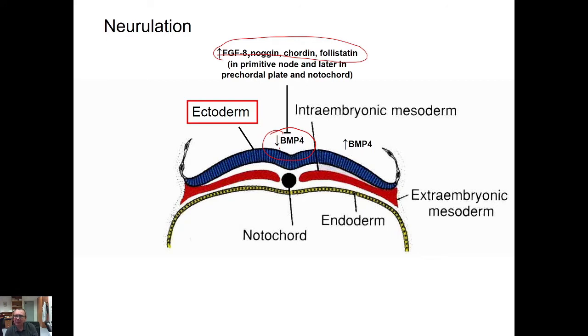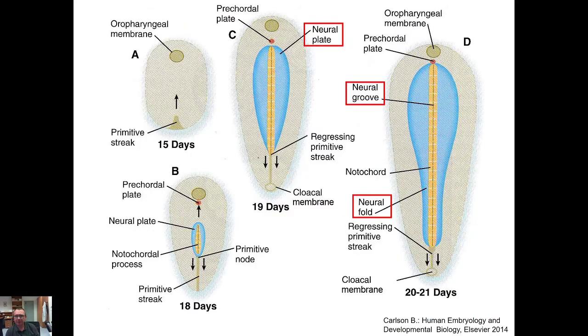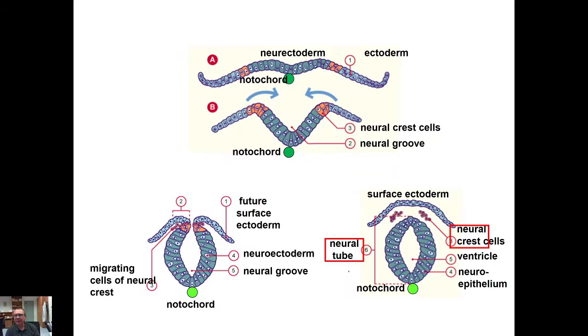Ectoderm in the central area proliferates, invaginates. The neural plate is forming here. This here is nothing at the 15th day, but at the 18th day there is a neural plate in the central line. The neural plate becomes bigger and bigger, and a groove is forming in its center, and folds are forming in the periphery. So at the end of the third week, the 21st day, we have the